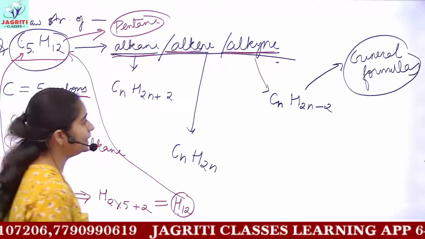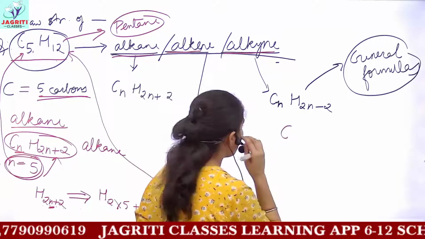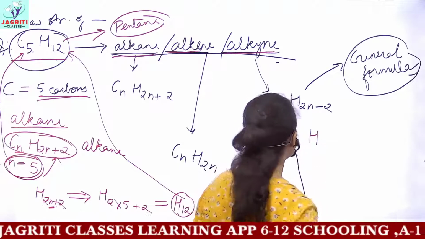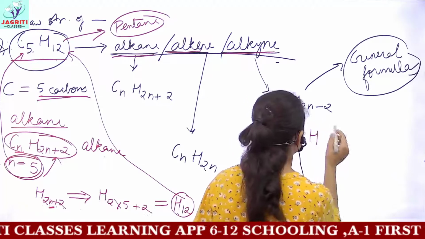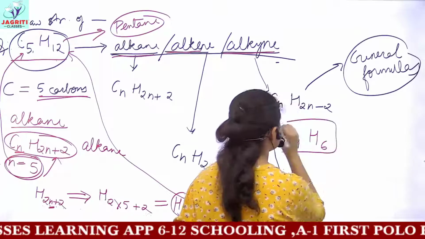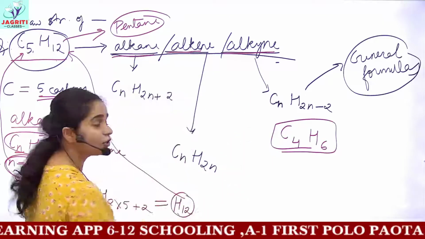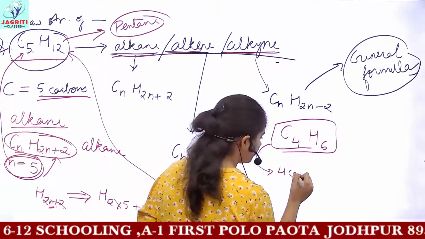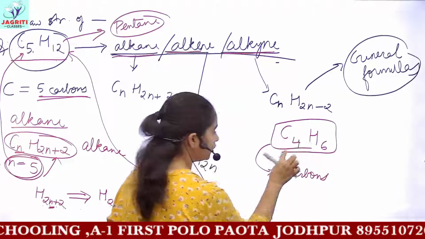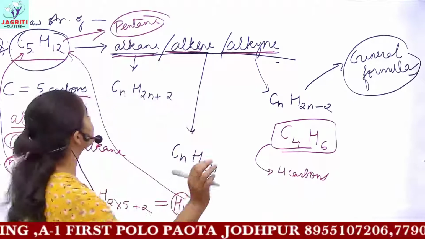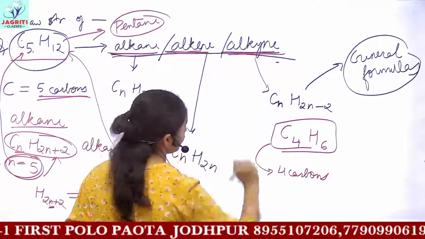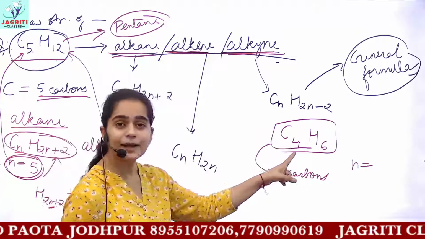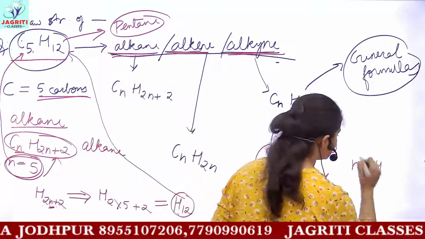Now discussing one last example. If you have C4, and let's suppose I take 6, C4H6. Can you tell me how to draw its structure, or what is this? You can tell from the formula that you have 4 carbons with you. C4 means 4 carbons. Now you have to decide whether it is alkane, alkene or alkyne. So what will be the value of n? n is the number written after carbon. So n here is 4.